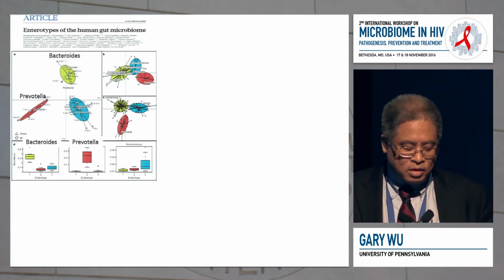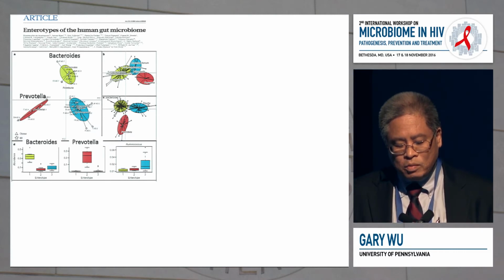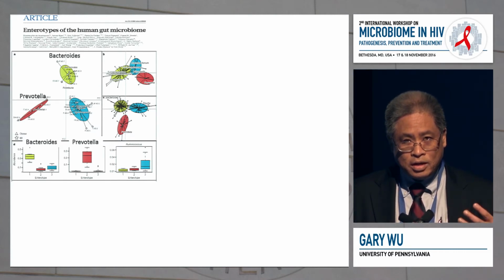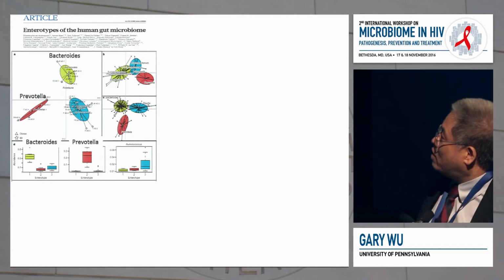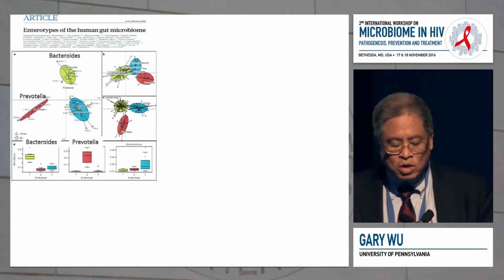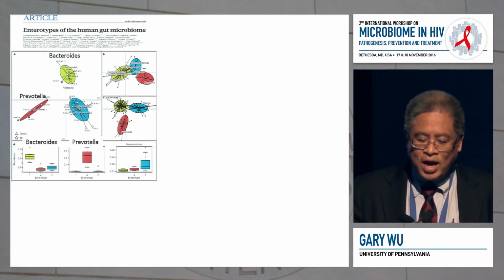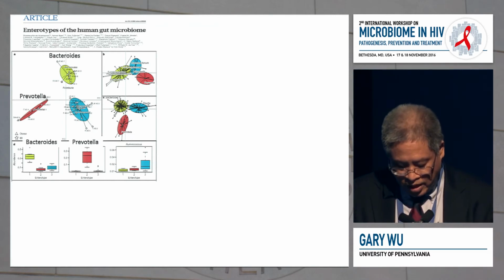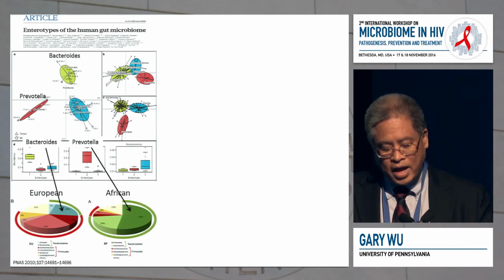I think there's been a lot of discussion about this, and I think that the best evidence that we have right now is it's more of a gradient, and that at extremes you have Bacteroides predominant and Prevotella predominant individuals. But the interesting thing is that they seem to co-exclude each other in the same environment, and that is individuals that have high Bacteroides have low Prevotella and vice versa. That has been demonstrated time and time again, both computationally as well as in many different data sets.